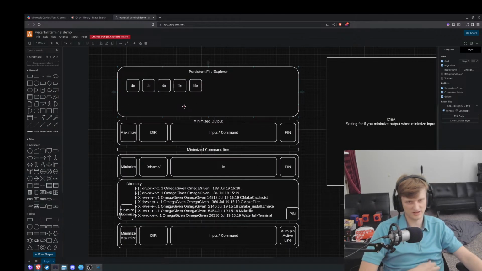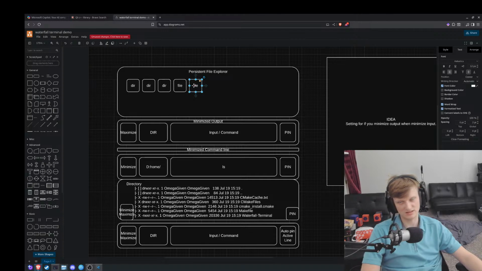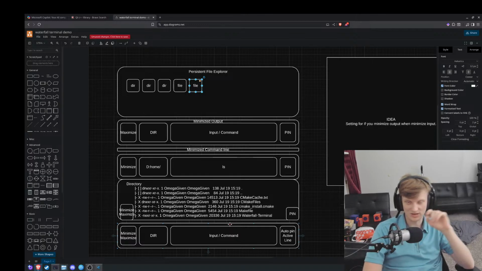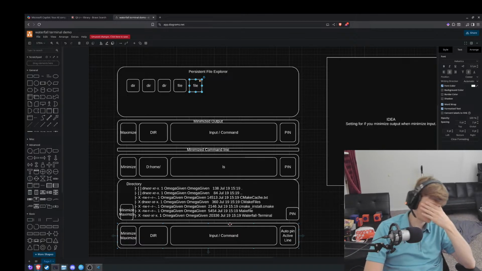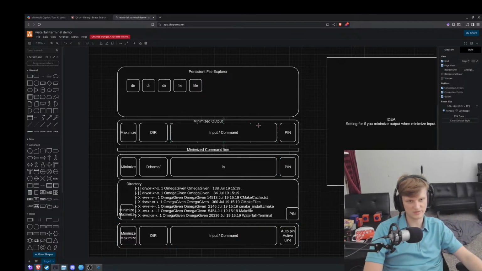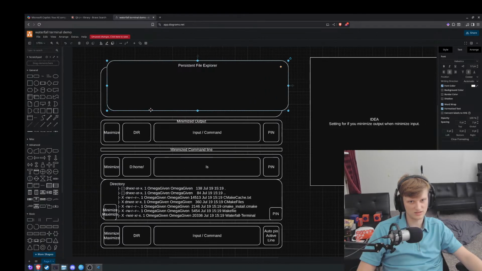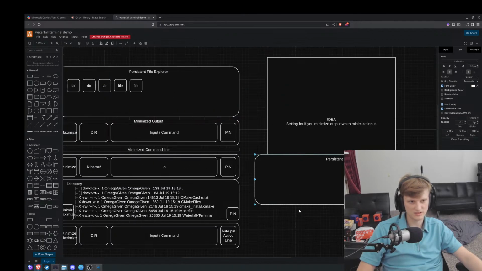So it's like your persistent File Explorer. When you click on one of these things, it would basically do the command of cding to that, but also keeping your command if you're typing a command. So keep your command there, but CD to what you need to be and stuff like that. So that's kind of an overarching thing. Yes, so that's a thing. Then I want, okay, so this is gonna be, actually wait, no, let's